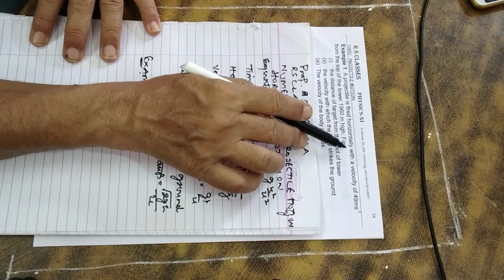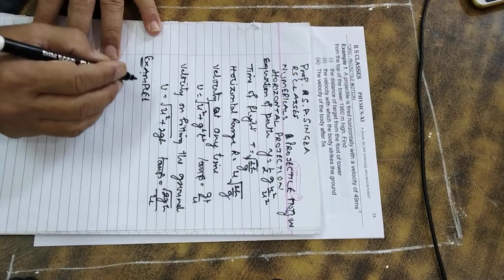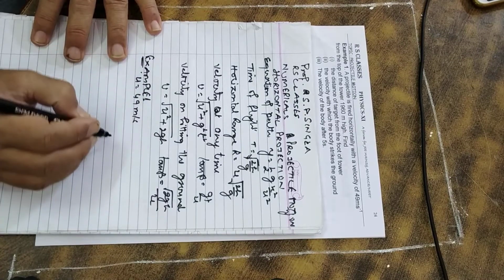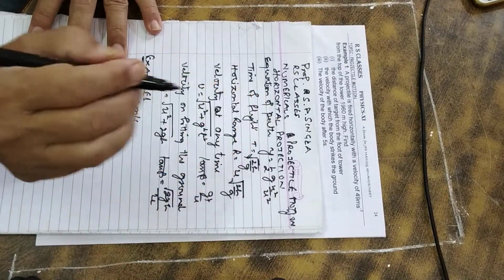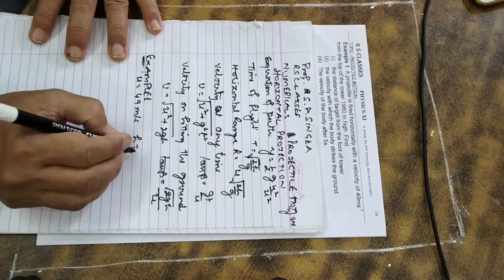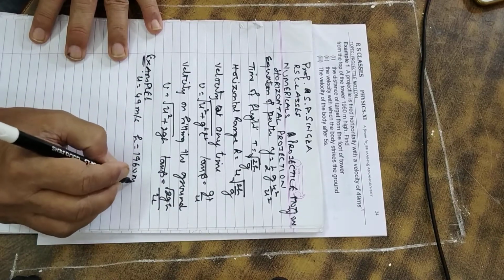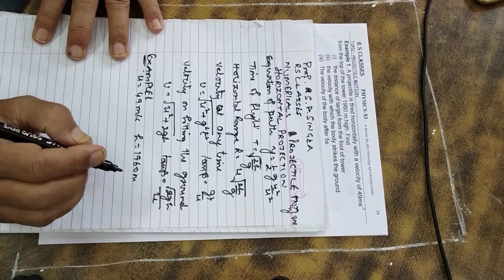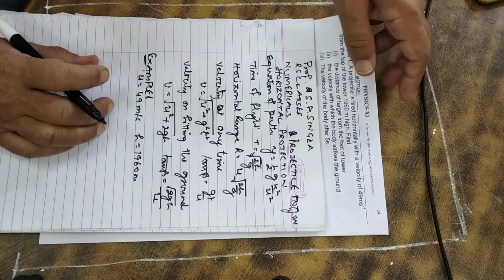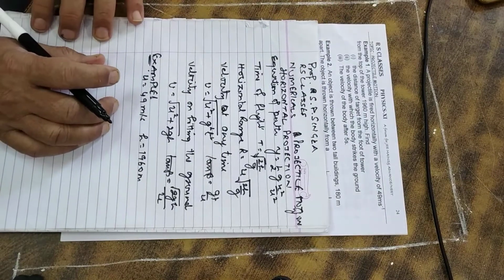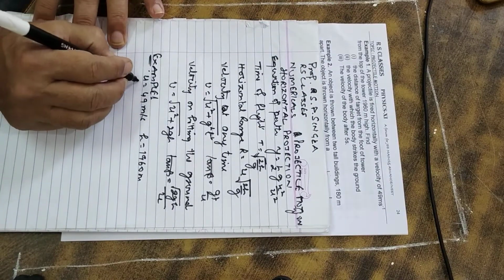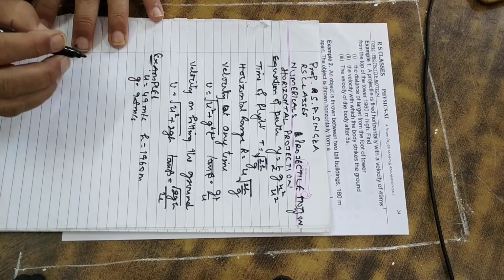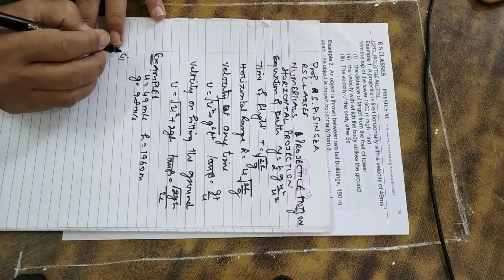The projectile is fired horizontally with a velocity of 49 meter per second, u is equal to 49 meter per second, from the top of a tower. Its height is given, 1960 meters. Find the distance of target from the foot of the tower. So g we shall take 9.8 meters per second square. The first part is